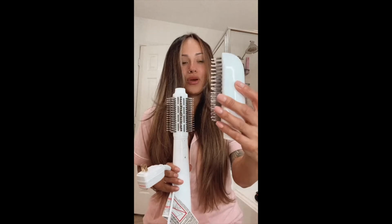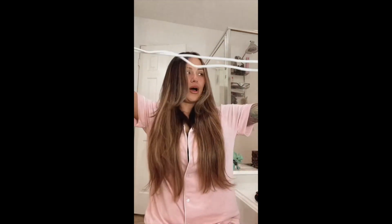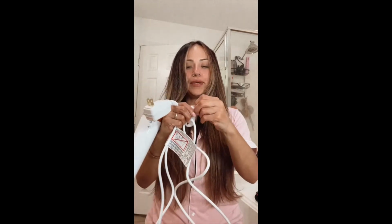This one's more so if you're trying to flatten your hair super straight, and then if you want some volume in your hair, I would say use the round brush. It does have 5 different settings, and then it also has 3 different types of air settings. That means just how hard it blows out. But what I love about it too, it's super long, and it also has a little strap for you to...